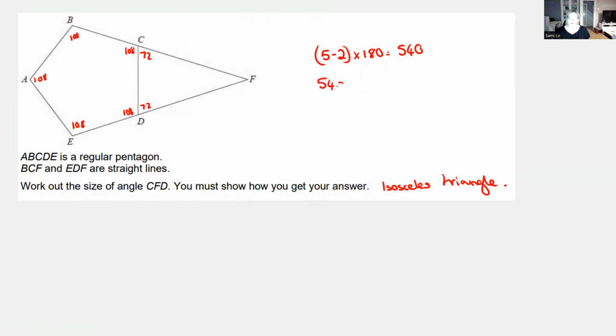And 540 divided by 5 gave us 108. So I'm writing that down as well, just so I've got some knowledge of what's happened. 108, 180, take away that, gave us our 72. 72 plus 72 gives us